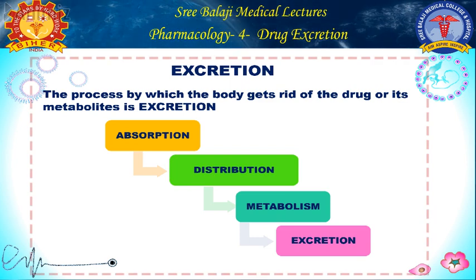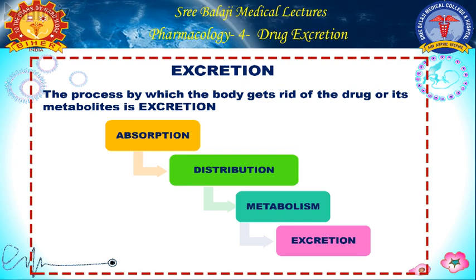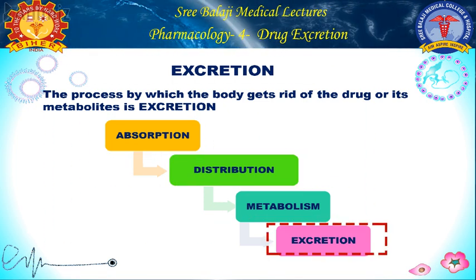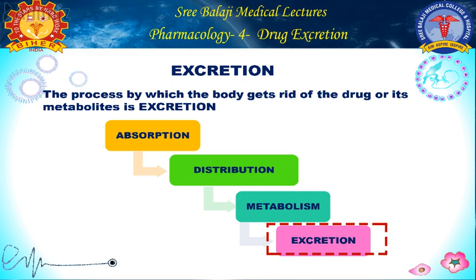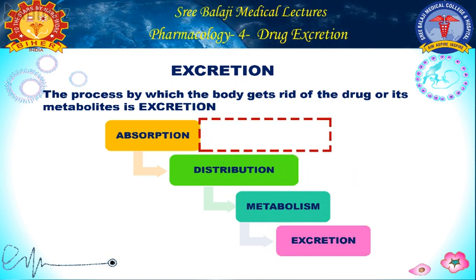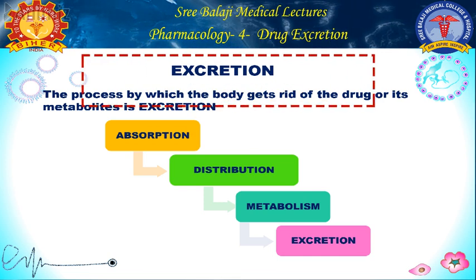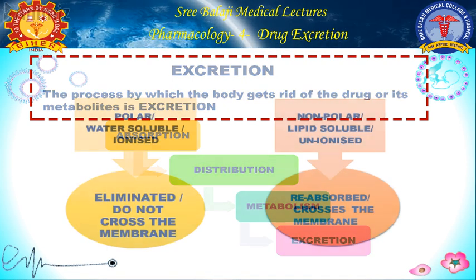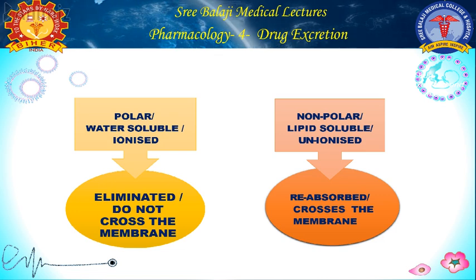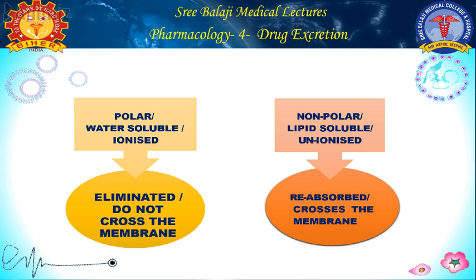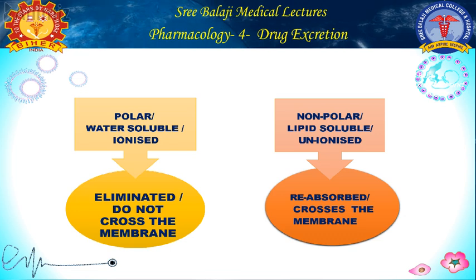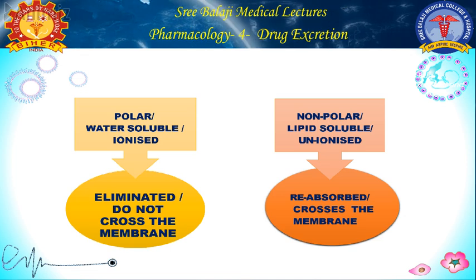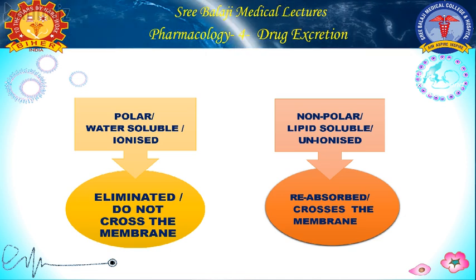Coming to the introduction of excretion: there are four components of pharmacokinetics, absorption, distribution, metabolism and excretion. Previously absorption, distribution and metabolism were discussed, and today we will be discussing excretion. Excretion is a process by which the body gets rid of the drug or its metabolites. As a rule, polar, water-soluble and ionized compounds will be eliminated. They do not cross any membrane, and non-polar, lipid-soluble and unionized drugs will get reabsorbed and cross the